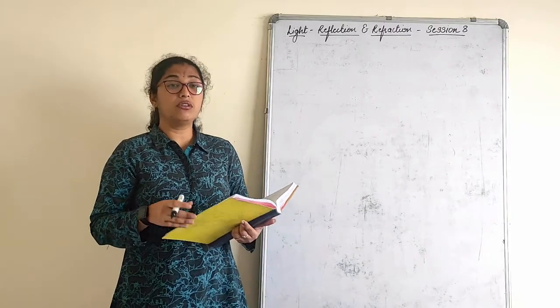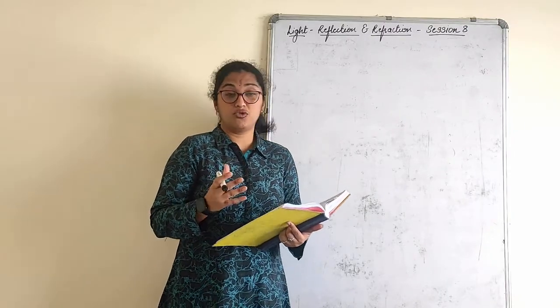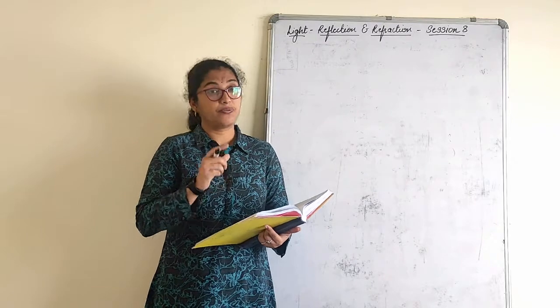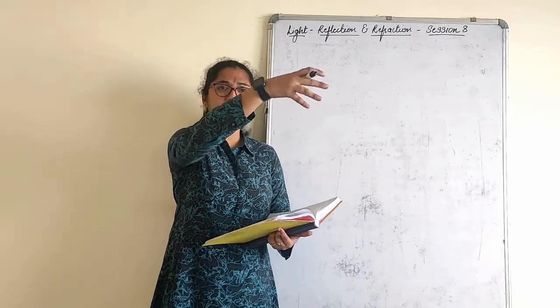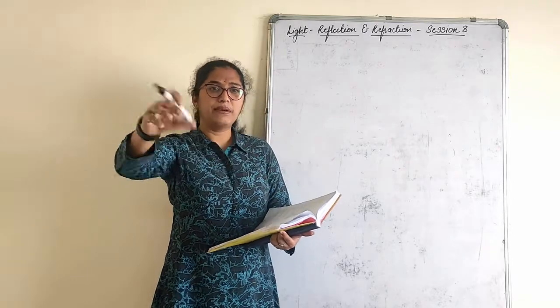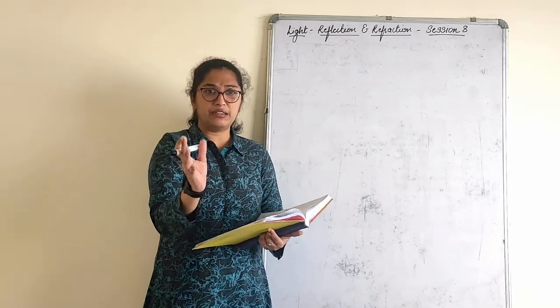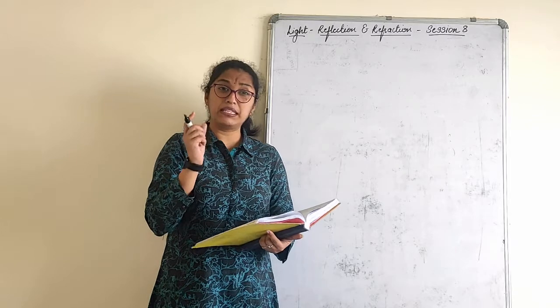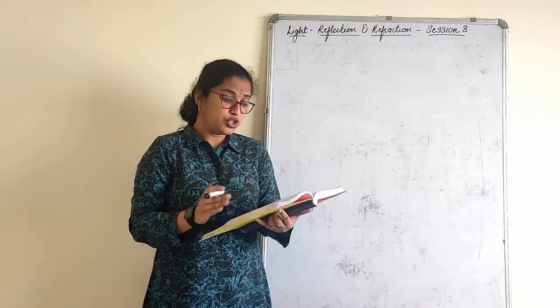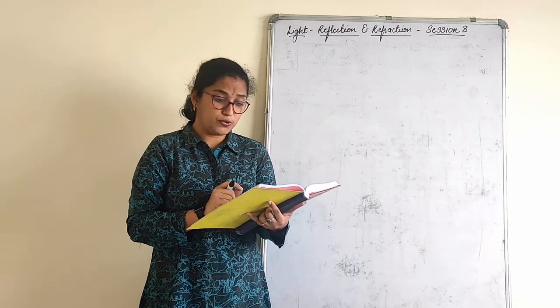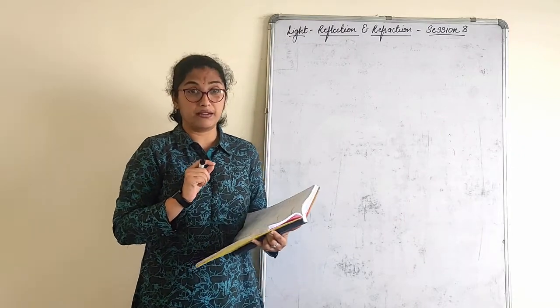Now see children, how ray diagrams will sometimes be asked to you. Directly they can ask, right? Draw a ray diagram for a concave mirror when the object is kept on C, F, between C and F, between F and P, like that. But still, they ask it in a twisted manner. Look at this question. We wish to obtain an erect image of an object using a concave mirror.